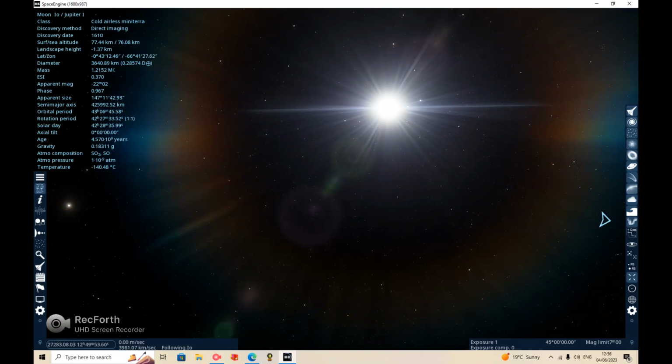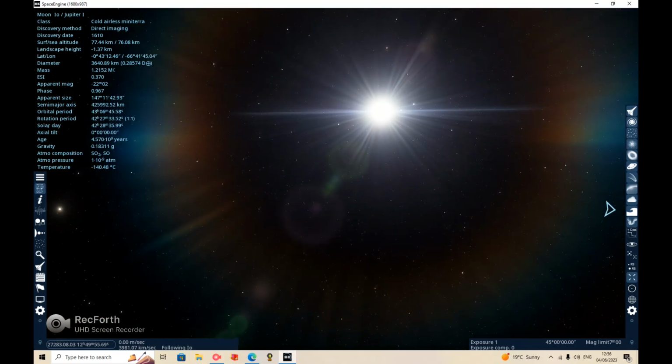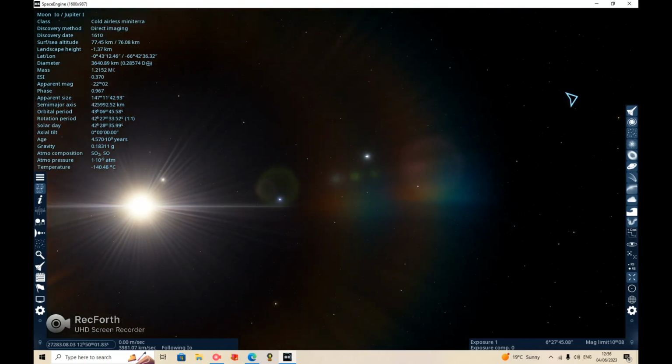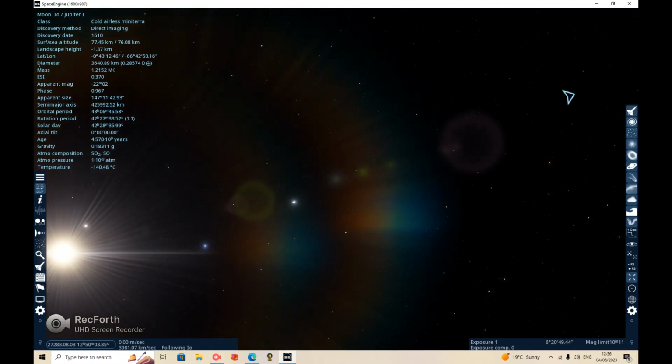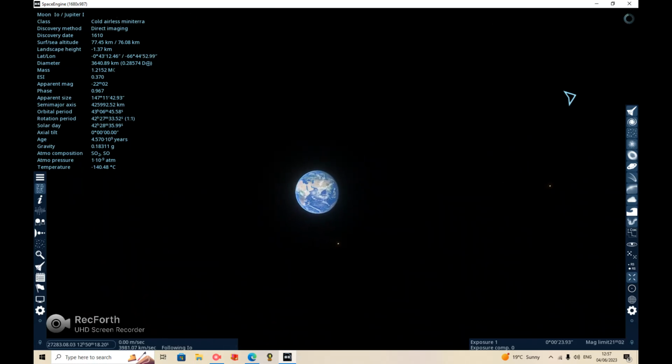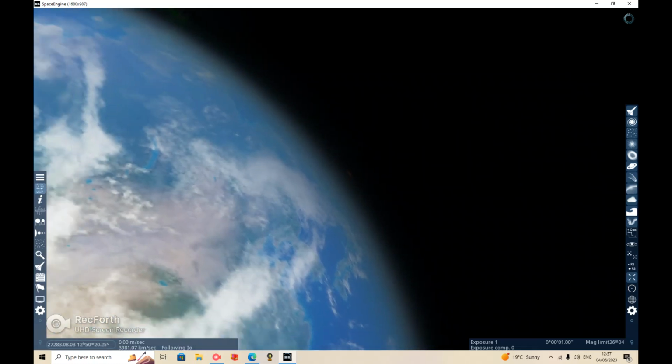Guys, should we play a game? Try to spot Earth. I think I got it, since I know Earth appears blue. Zoom in. Yeah, see its moon.